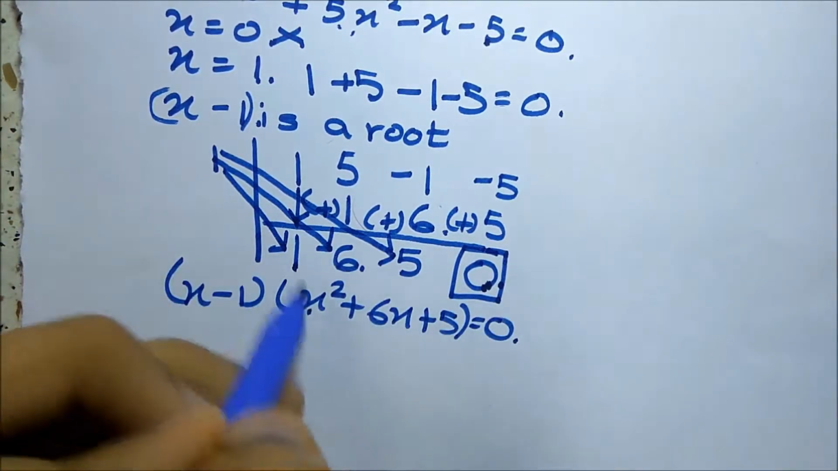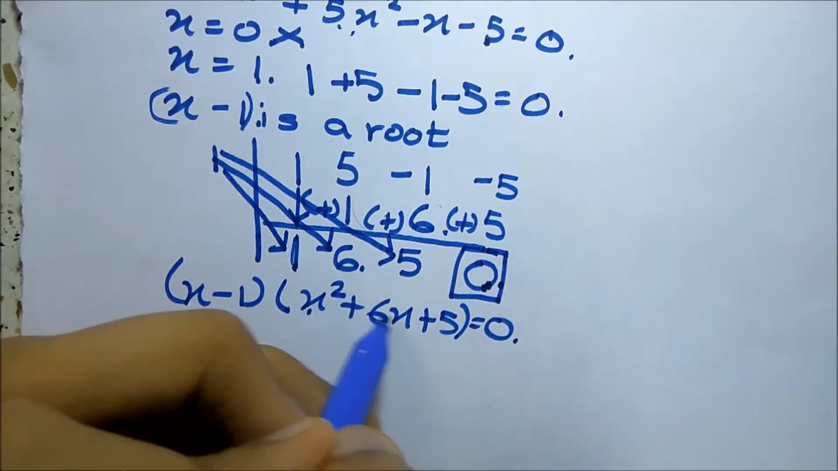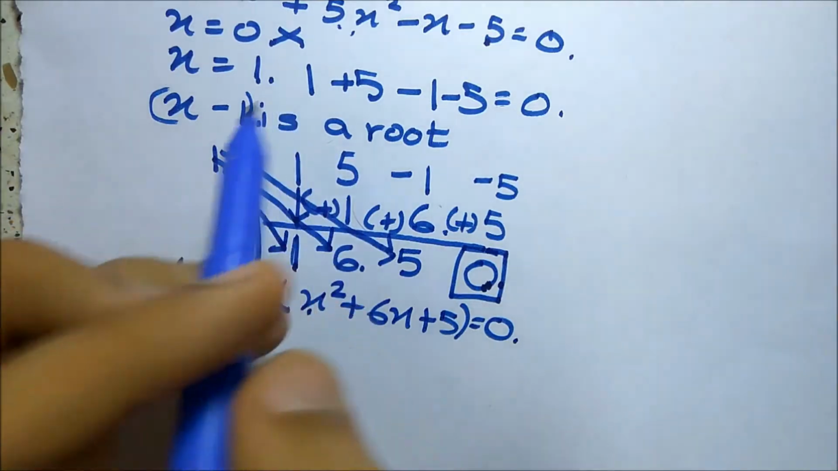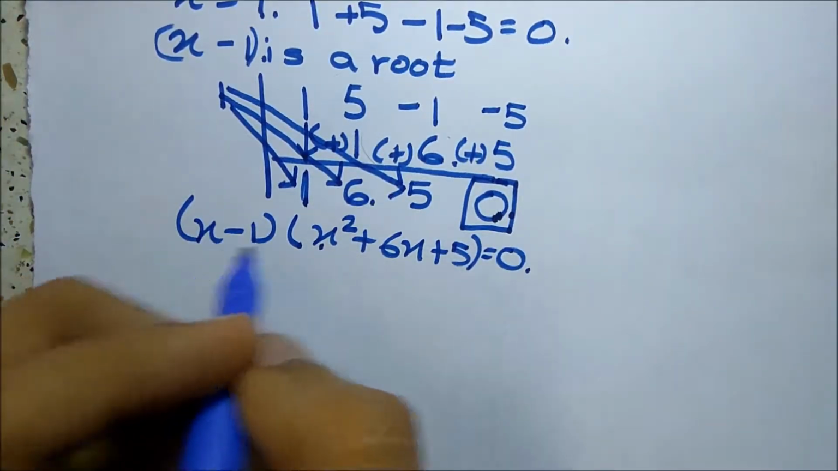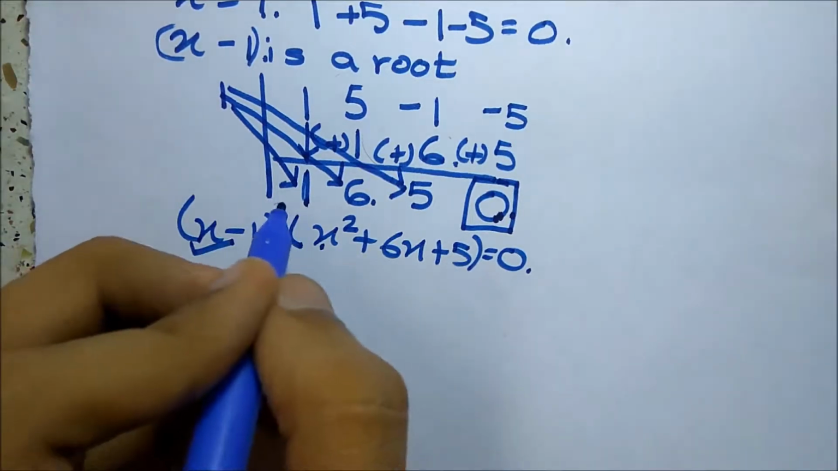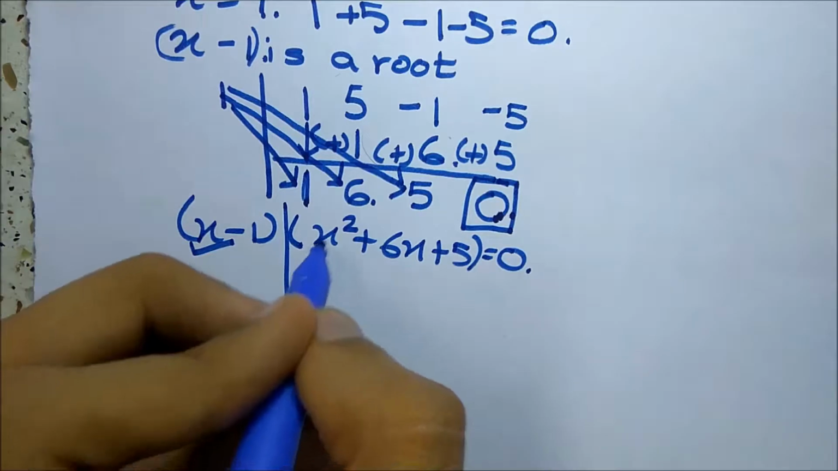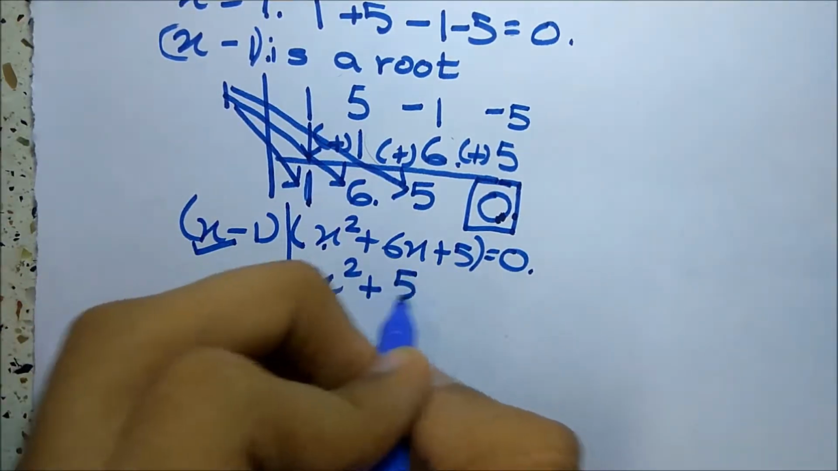What did I do over here? I just copied the coefficients and I have written this as a quadratic expression. I will explain it properly in the next example. Now, once you do this, you know that this is already a root. So now you can extract the roots of this equation by the quadratic method, which is